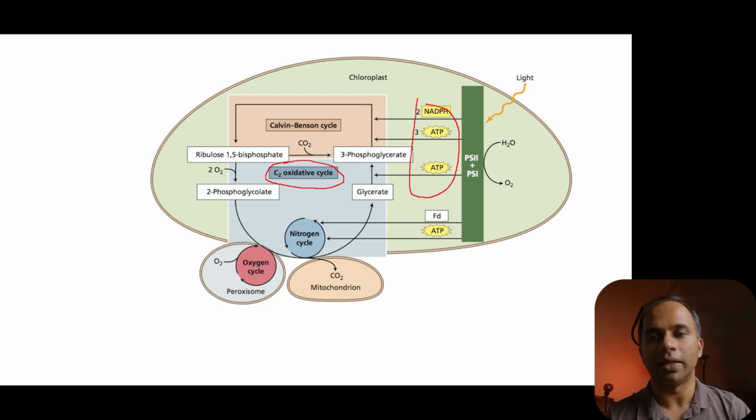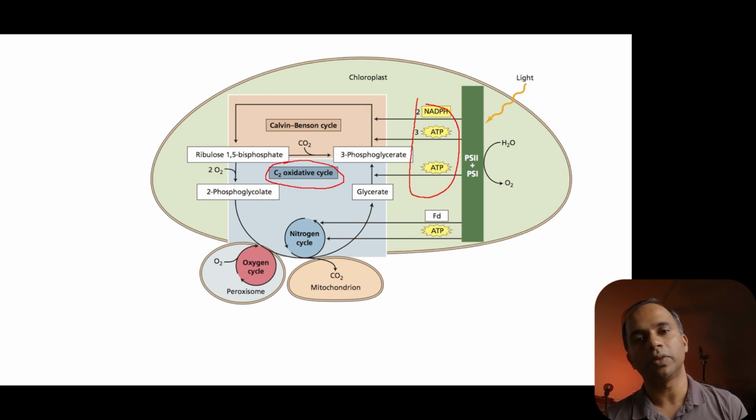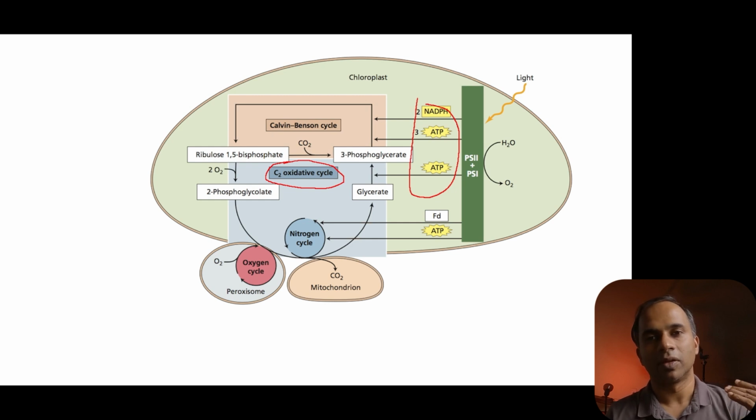The important thing is, although we tend to think that photorespiration is a bad thing, of course it is less efficient, but it's also an adaptation, because there are some good things related to the C2 oxidative cycle or photorespiration. One example is that it is important for the nitrogen cycle, and there are many other pluses or pros regarding photorespiration.